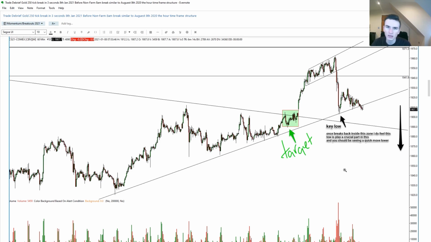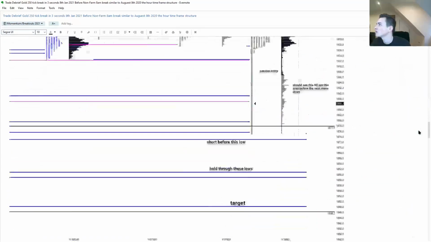But mainly the main trade of this day, what I was looking at was, you've got this offer, and then you've got the little sideways range we've got here, this pullback and drift lower. So for me at this point, it was this candle, and we've got this big long trend line as well. So the break of this, and then I was looking for this key low to break on this trend line, and we should go all the way through this little tight box that we've got here, which coincides with